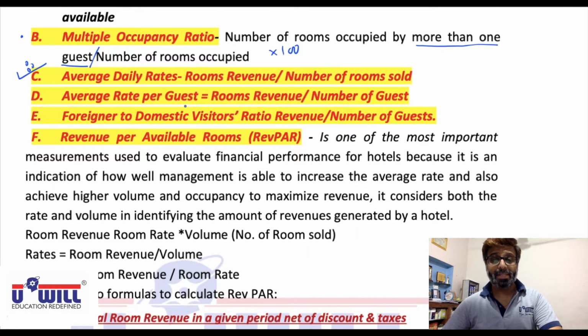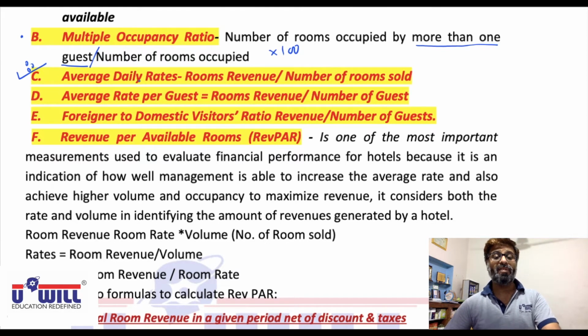So what happens is, in these spells of time, summer vacations or Diwali vacations, the price of the room is higher. If normally the room is sold at 3,000 per day, you'll find 10,000 rupees for these days. And off season, maybe in monsoon, you may get it for even 1,000 per day. So sometimes for the same room, hotel gets a higher price, sometimes a lower price. Here we are finding average daily rate. Whatever total revenue is earned from the rooms during the whole year, when you divide it by the number of rooms sold during the whole year, you get average daily rate.